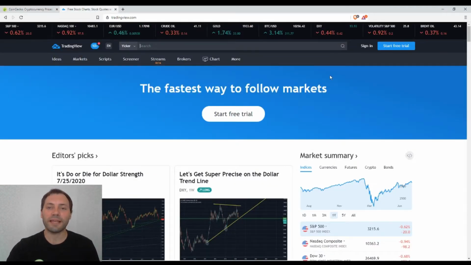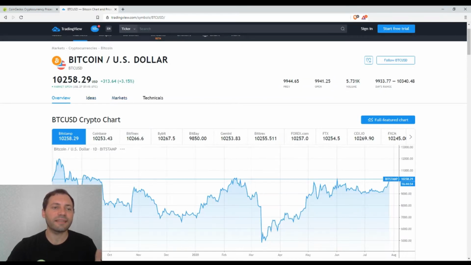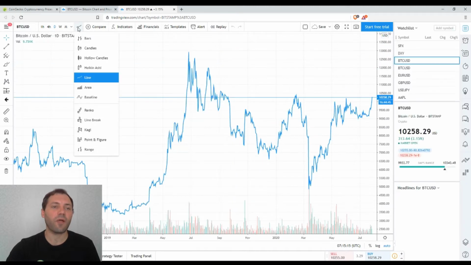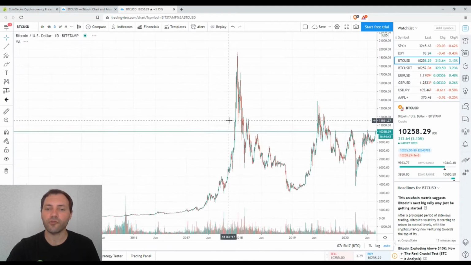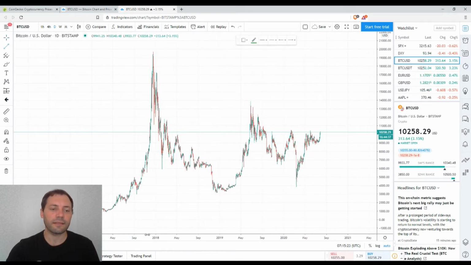So let's move to the price chart of Bitcoin on the site of TradingView. So this is the current price of Bitcoin, $10,258. So let's move to the candlestick chart. First of all, I would like to remind you, of course, we're very familiar with the price chart of Bitcoin, but I would like to remind you that the global trend